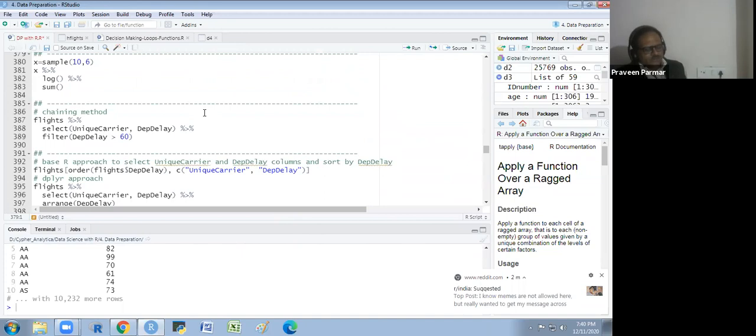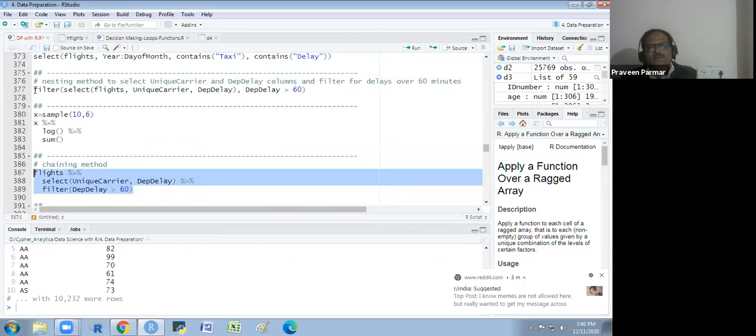There is another method in dplyr. Sorry, the method is called the chaining method. That is a dplyr function. We use the pipe infix here. We take the flights, and then we are selecting the columns and then we are filtering. So it is the better way out of these.